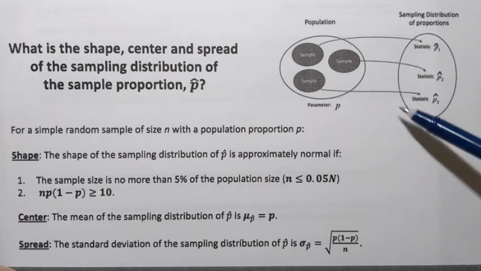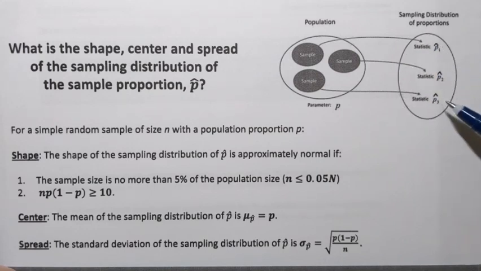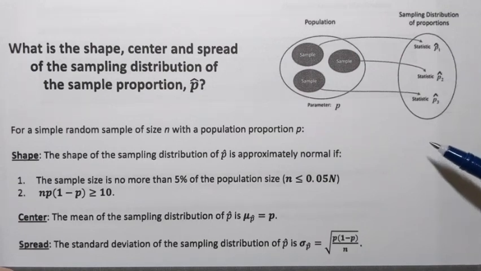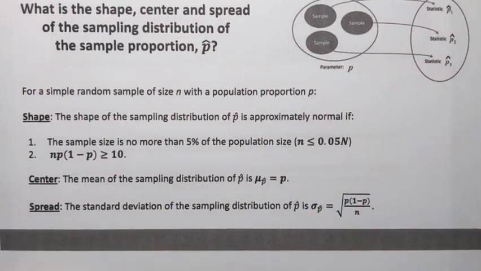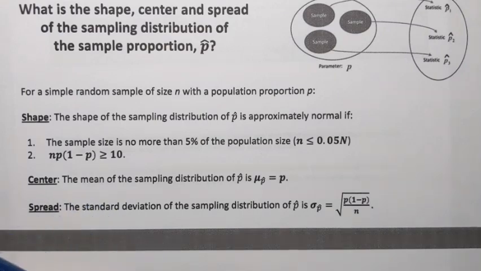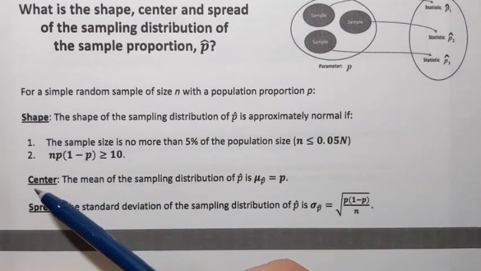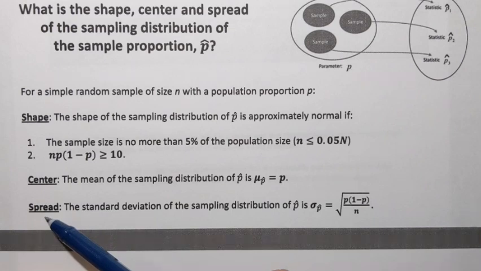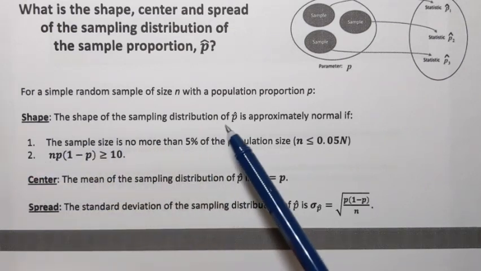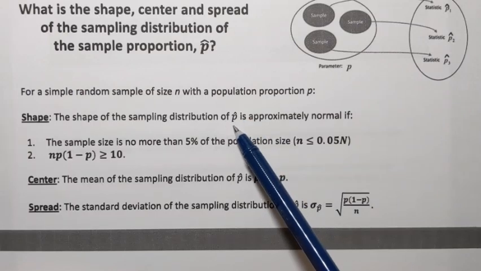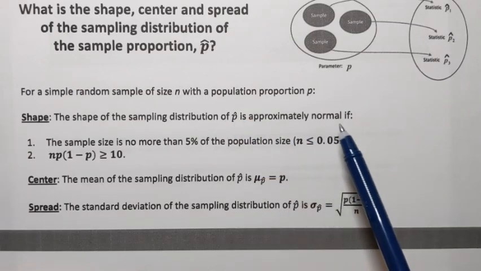So we want to learn its behavior. If we look at all those samples and their sample proportions, what's the behavior of those numbers? Well, that distribution, as any distribution, can be described in terms of its shape, its center, and its spread. We know that the shape of the sampling distribution of the sample proportion is approximately normal if two